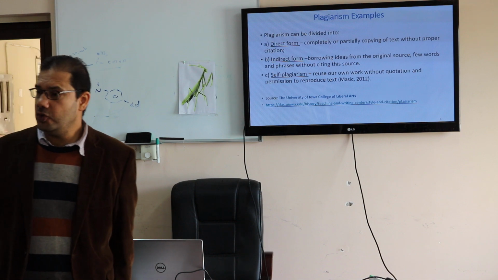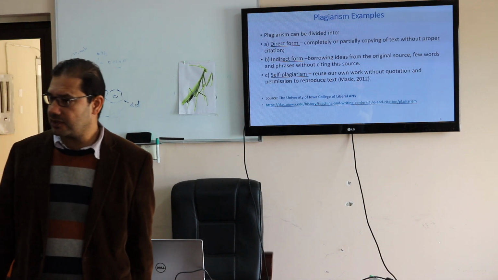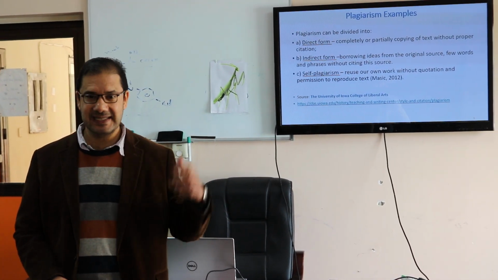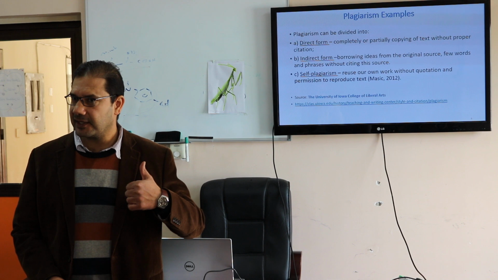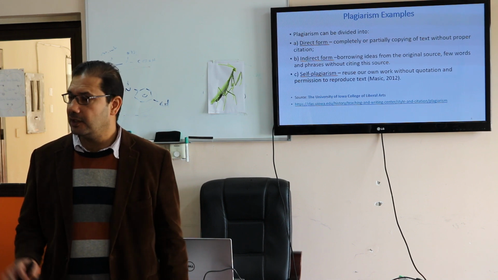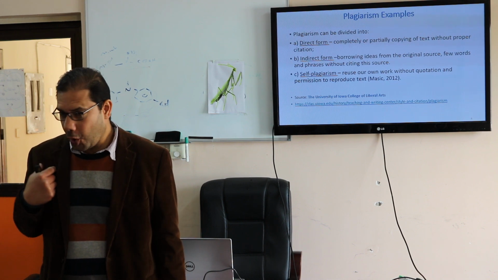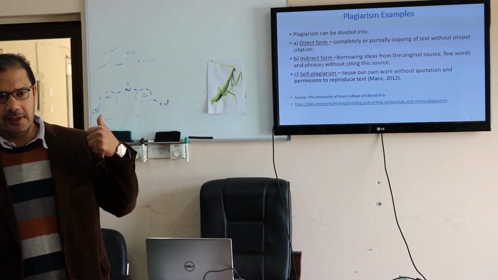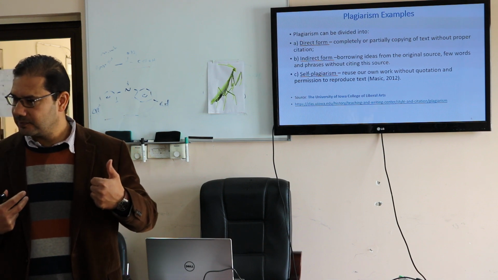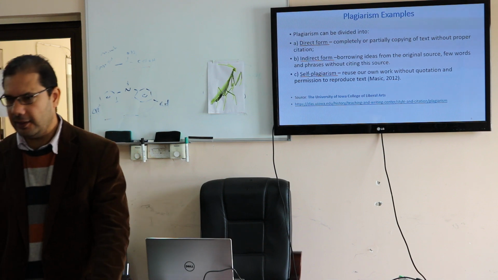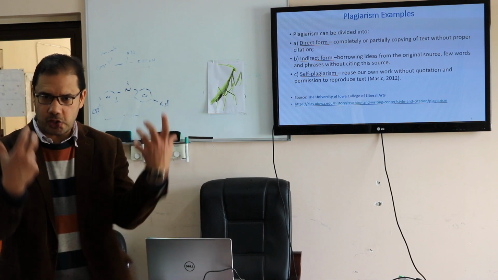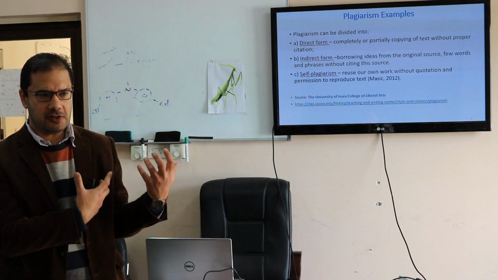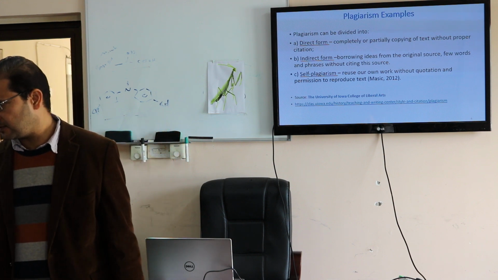Self-plagiarism. If you wrote something in previous publications, you cannot put it without citation. You need to cite yourself. Cite the previous manuscript. Even if it's your own words, you transferred the copyright to the journal. If it's published in the journal, you transfer the copyright to the journal. Now the journal has the copyright. If you need to write something or use something, you need to take permission from the journal and cite the previous article. Okay?